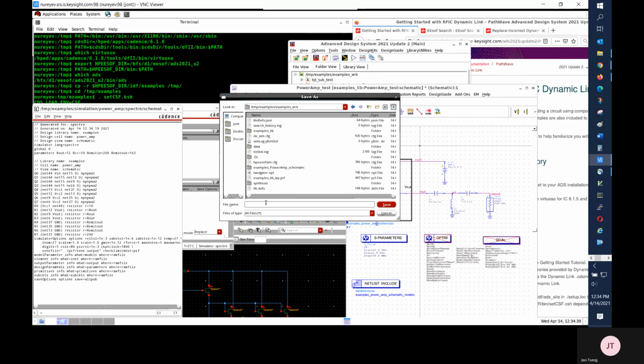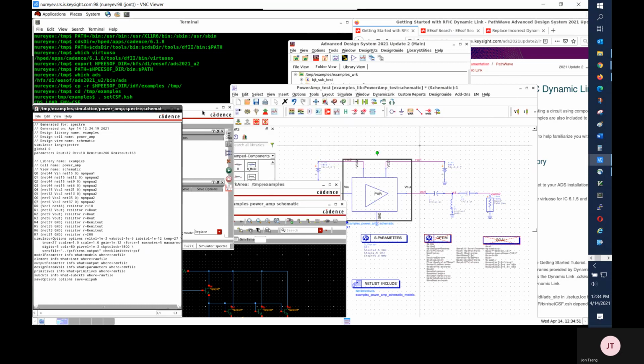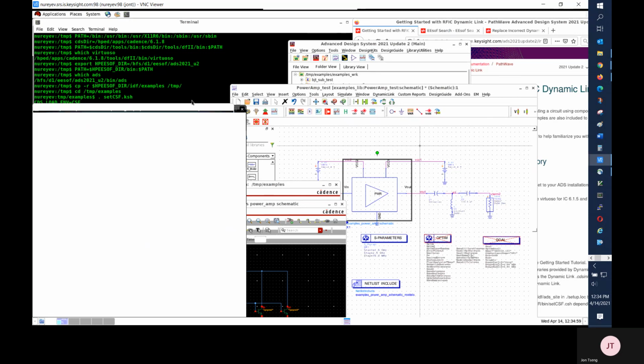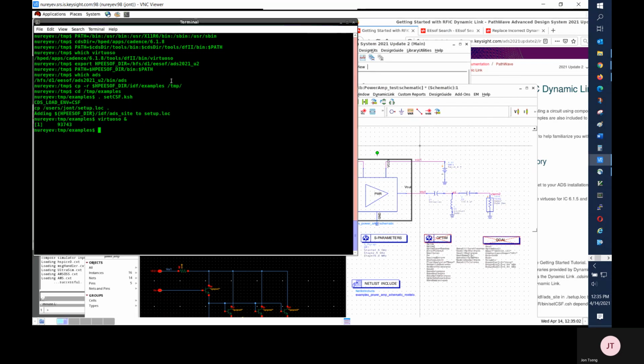I will give it a name, my PA.scs, and click Save. Now I have the Cadence Spectre netlist file for this Cadence schematic design. I'm going to the ADS workspace directory to check for the new file I have just saved from Cadence ADE.